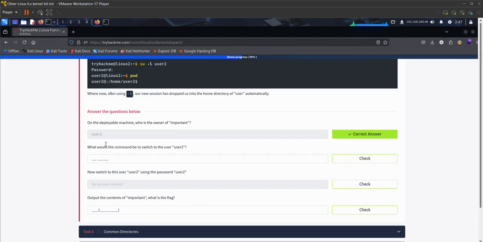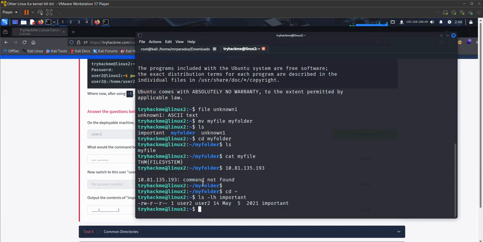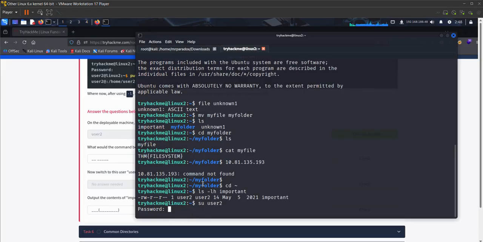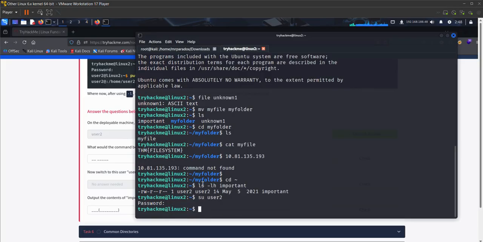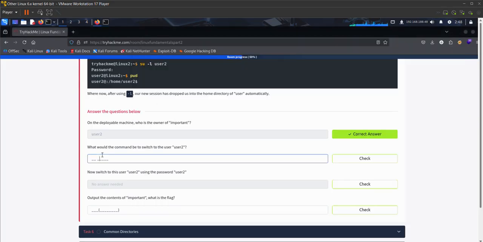What would the command be to switch to user2? Okay, we use the su command to switch to another user, for example user2. We need a password, but we don't know the password. Okay, we need only the command name.